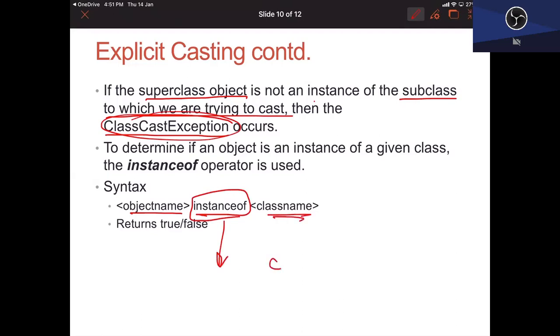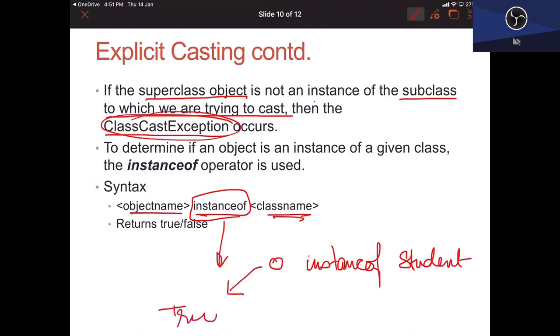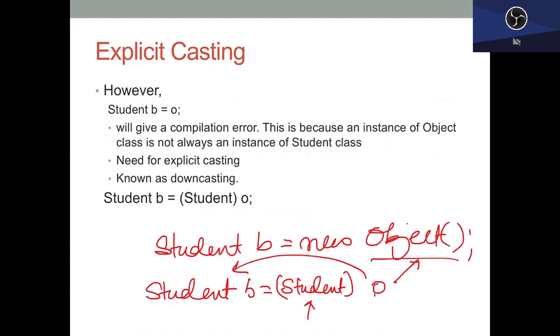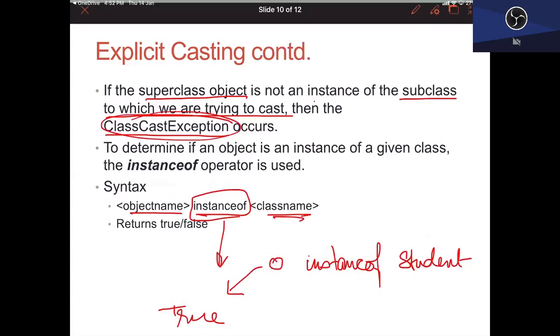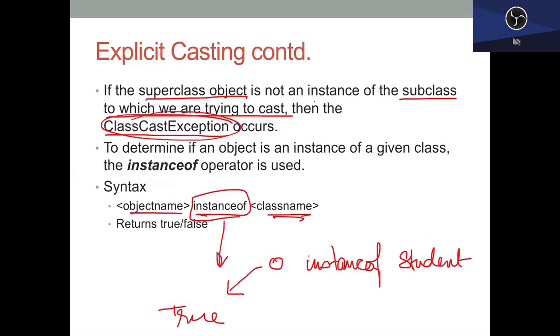If I write, say, O instanceof Student, and this returns true, then only can I do the casting that we did here. This would be possible only if O is an instance of type Student, not otherwise. So this is your explicit casting.